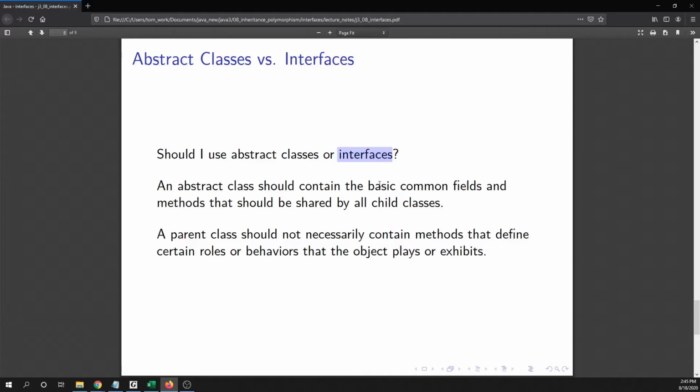So the question is, how do I know which one I should use? The general rule of thumb is that an abstract class should contain the basic common fields and methods that should be shared by all child classes. The parent class shouldn't necessarily contain methods that define certain roles or behavior that the object plays or exhibits. So, to me, the easiest kind of example to think about is something like a